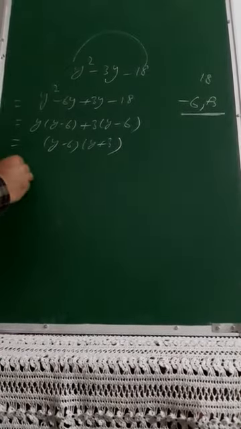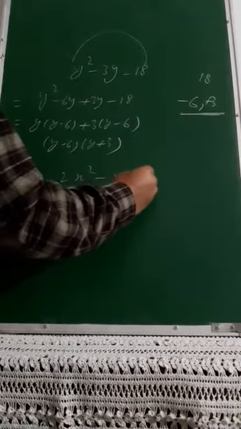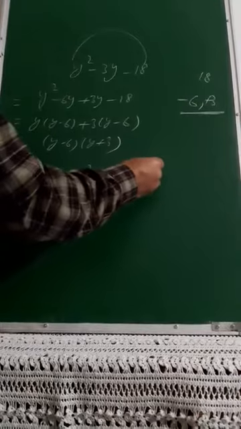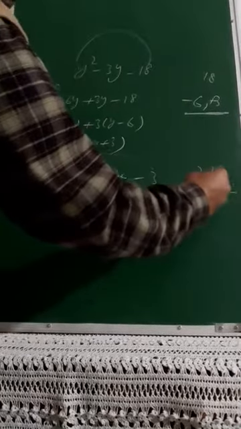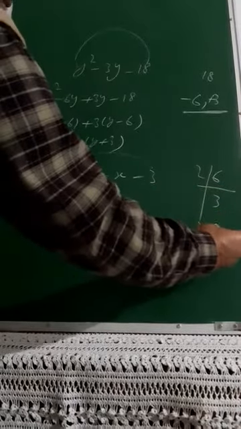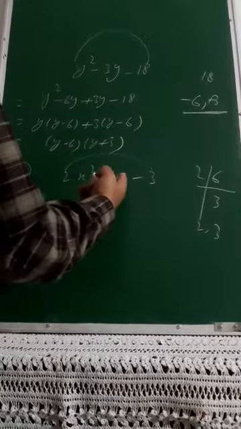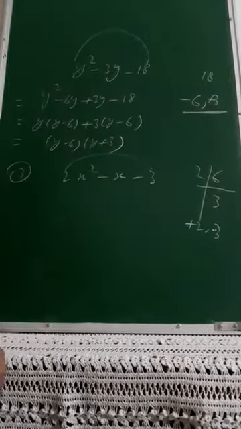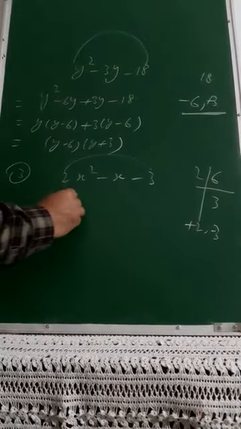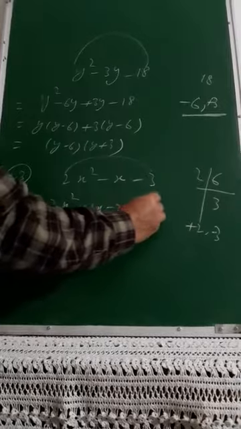Third was 2x square minus x minus 3. Now you see the product here, 2 and 3, that is 6. So if I get the factors of 6, 2 3s are 6, I am getting 2 and 3. That's all my purpose. The difference of 2 and 3 will be minus 1, and there is a negative sign. So with the greater I will put minus, and with the other I will put plus. So I will write 2x square plus 2x minus 3x minus 3.